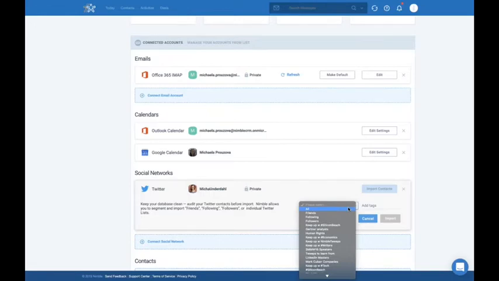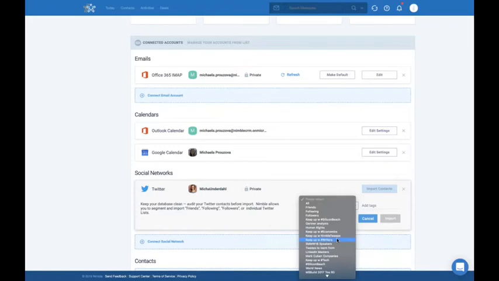One of your main goals using a CRM system should be to do whatever you can to keep your data clean and organized. So I would definitely first think about who the people are that you want to bring into Nimble. So again, if you're using Twitter, you can select from this drop-down menu if you just want to bring in people that you follow each other with, that Twitter calls friends, or those that you follow. Or if you're utilizing Twitter lists, you can bring in individual Twitter lists, which will really help you to keep